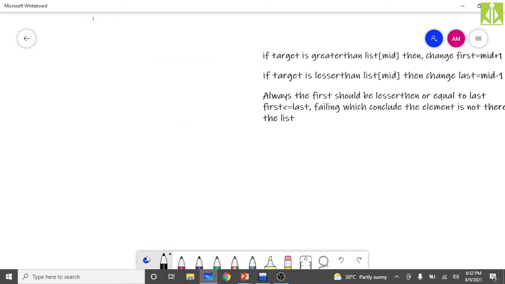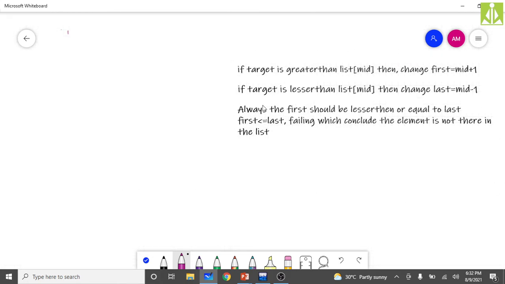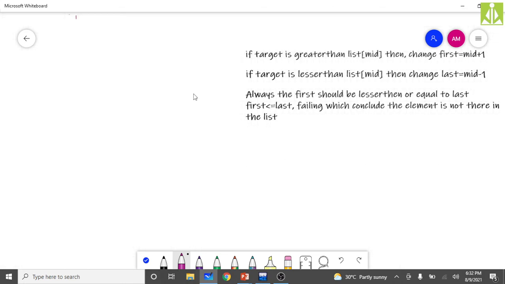Okay, so just take this one. These statements, if possible, note them down, because they are not going to change. They are going to remain the same throughout our processing, throughout our binary search processing. So next thing, I need to take a list. Once again, I'm taking a list with some 5 or 6 elements.